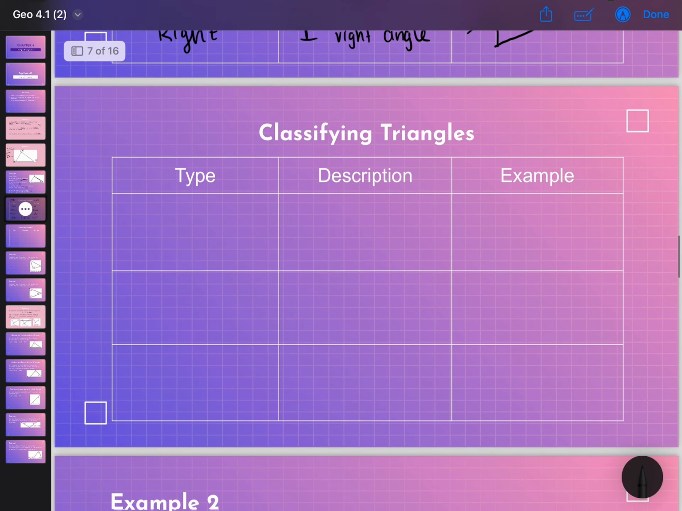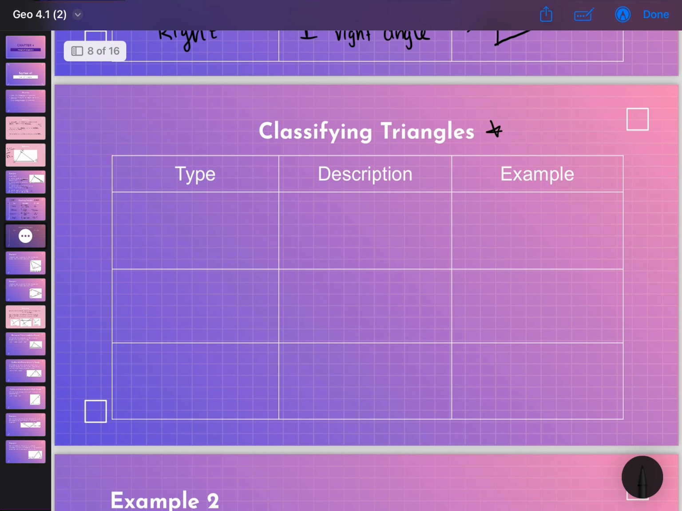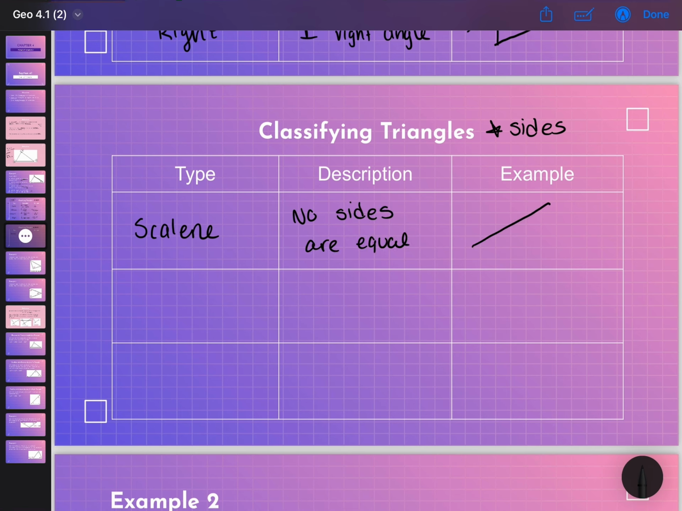Next up, we need to classify triangles by sides. We have 3 ways to do that. We have scalene triangles, in which no sides are equal. You can probably hear people out in the hallway. Sorry about that. No sides are equal. So for instance, I